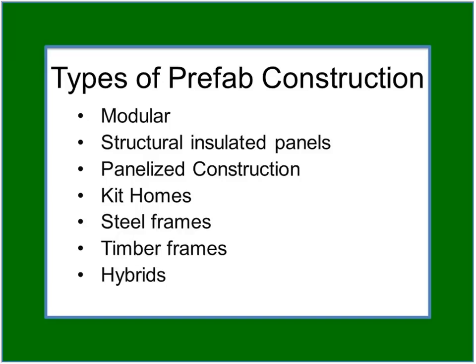Often people associate prefab with modular. So when I speak to a lot of editors and people that I might just meet around, they immediately assume that it's only modular. But there are several types of prefab construction and lots of hybrids where more than one type of construction is used. Modular, which I'm going to go into a little bit more, are boxes that are put together on site. And again, they're indistinguishable from site-built houses, as are these other types of houses, structural insulated panels, also known as